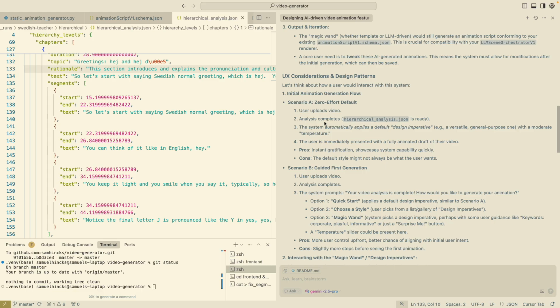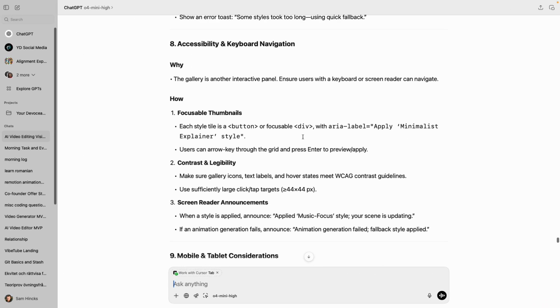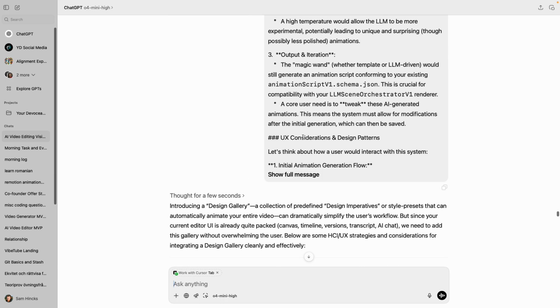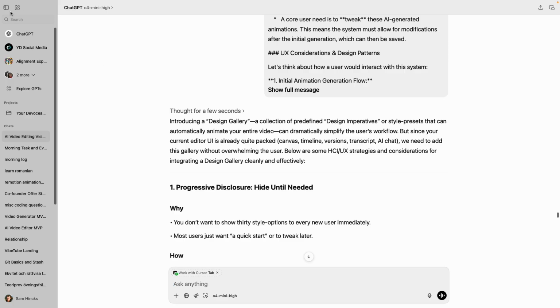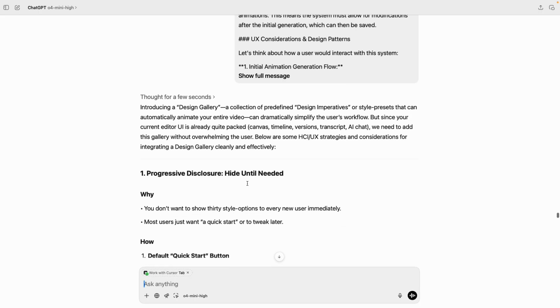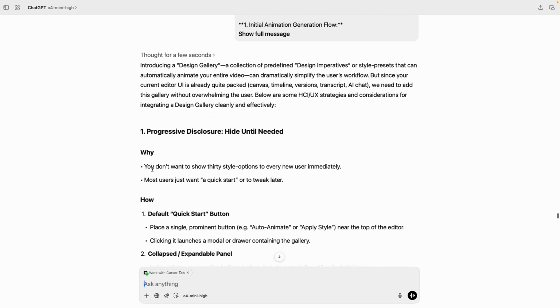Is it just going to do it automatically, or are we going to have a button or so on? So I've taken this and I've asked Gemini, based on all of its thoughts, what should we just do? So, introduce a design gallery,